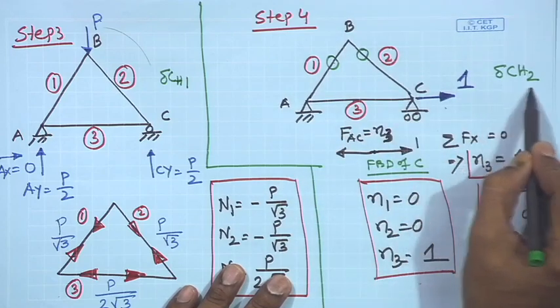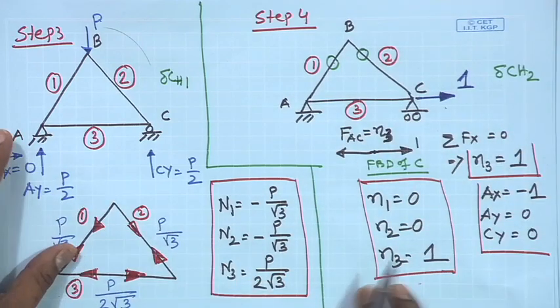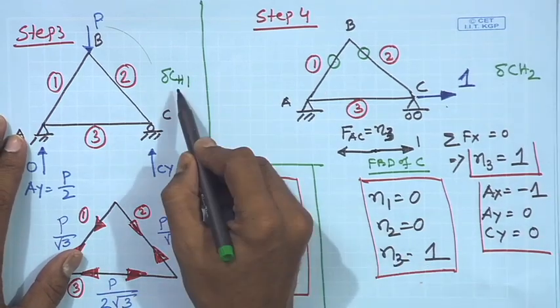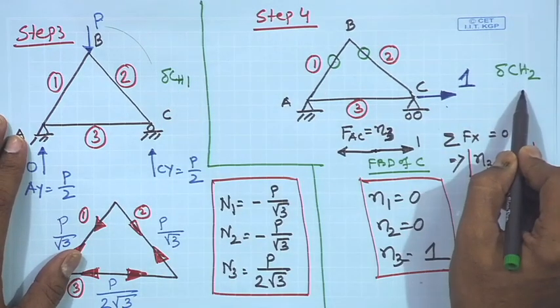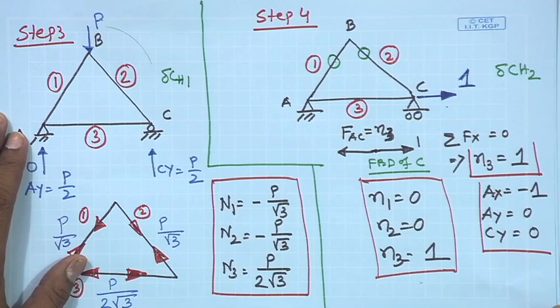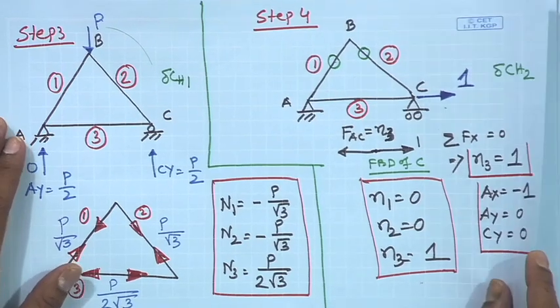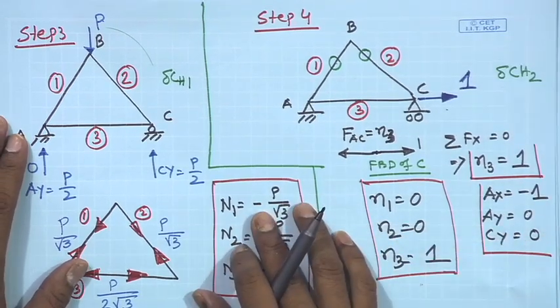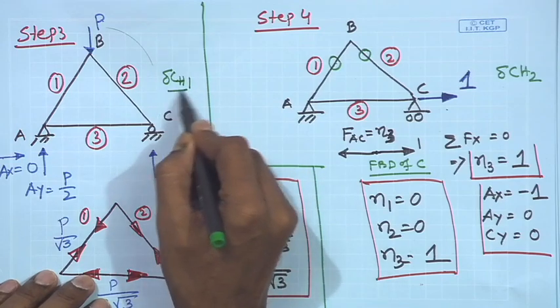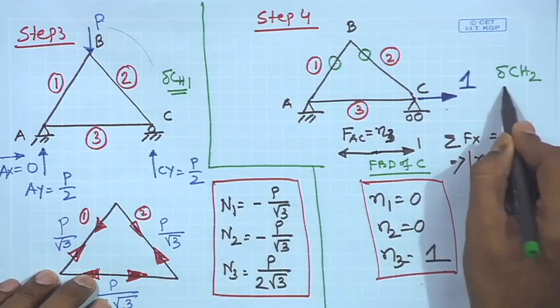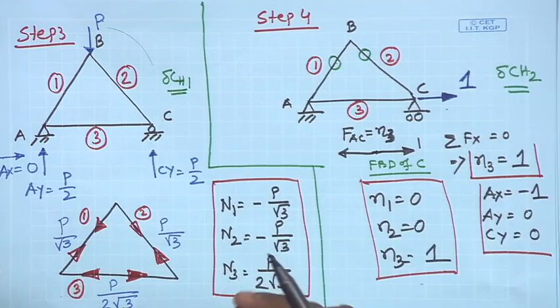Then step 4, the compatibility equation says that delta C H 1 plus delta C H 2 should be equal to 0. But before we apply the compatibility condition, we need to find out what delta C H 1 and what delta C H 2 are. We simply apply the